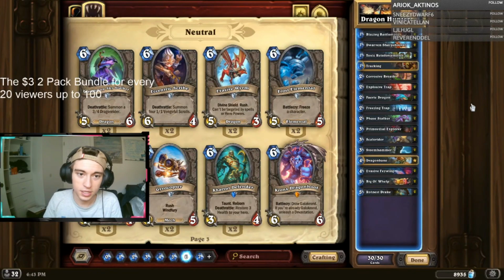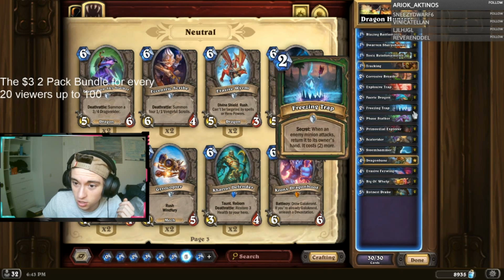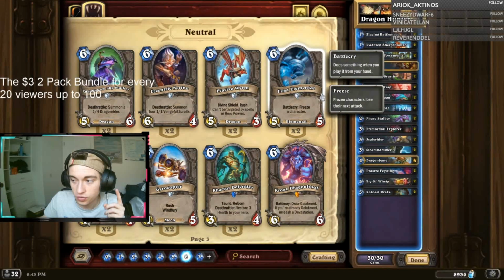Okay, so this deck is one of the best decks in the game still, and despite all the nerfs to other Hunter decks, this one was left unchanged. This one doesn't run the boars. It's not like the boar OTK Hunter. Instead of the boar package, you run the secret package with a Phase Stalker, 2 Freezing Traps, and an Explosive Trap. People used to run 1 Freezing Trap and 1 Snake Trap, but I put in the extra Freezing Trap because